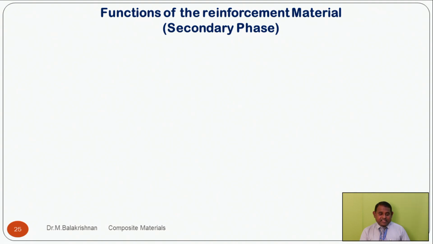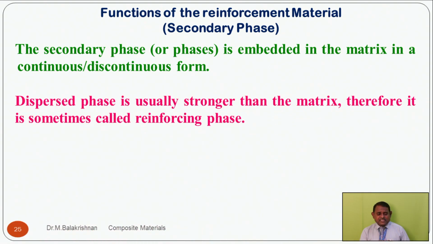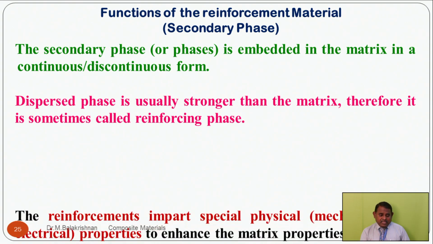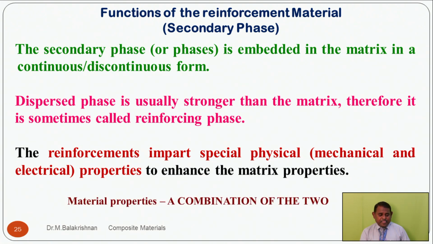And functions of the secondary phase, that is reinforcement. The secondary phase is embedded in the matrix, the primary phase, and may be continuous or discontinuous. It depends upon the type of reinforcement which we select. The dispersed phase is usually stronger than the matrix, therefore it is called the reinforcement phase. The reinforcement imparts special physical, mechanical, and electrical properties to enhance the matrix properties, and the material's properties are a combination